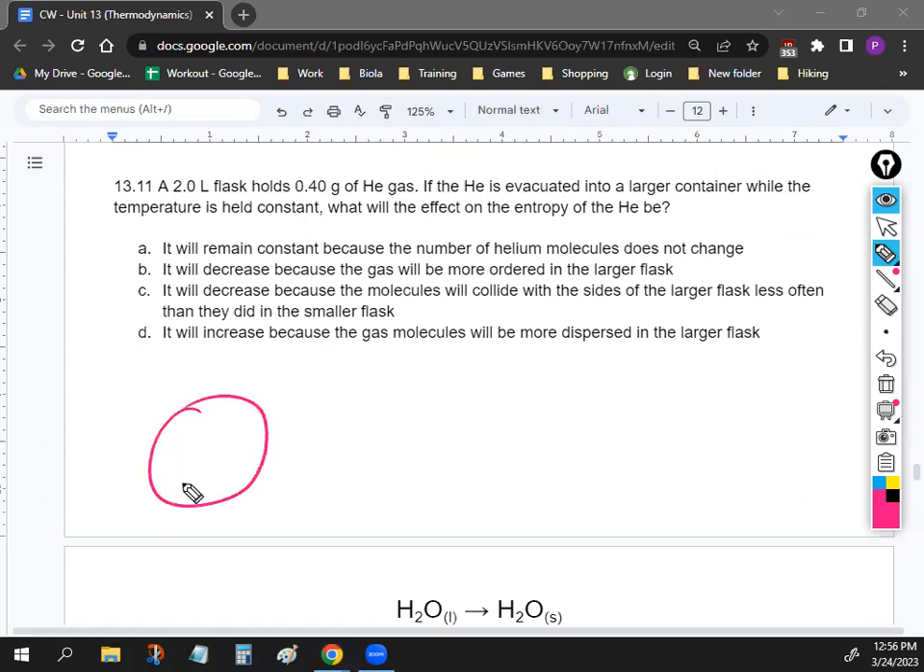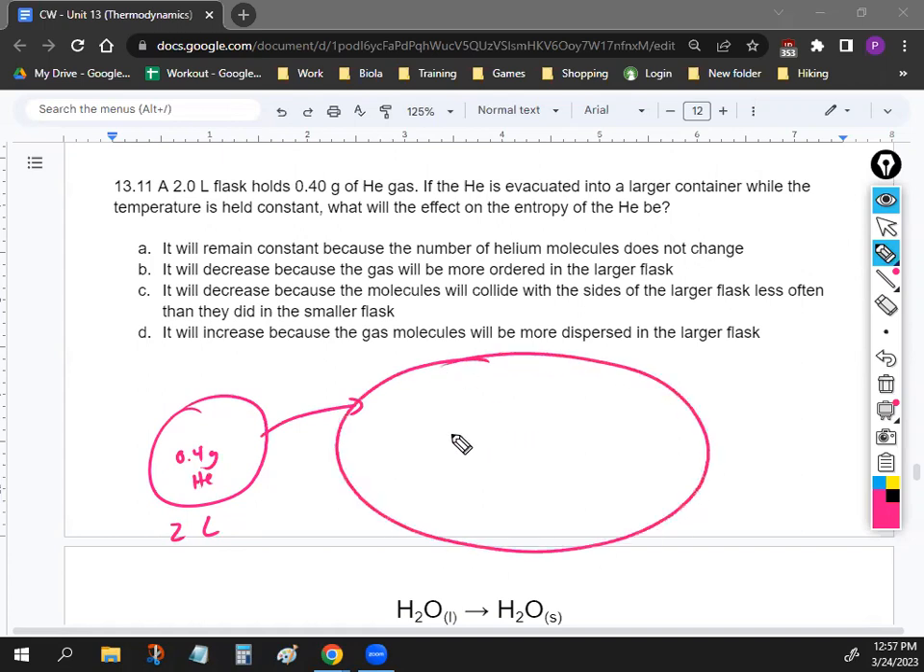All right, so we got a 2-liter flask that has some helium gas in it. So let's say this is a flask, 2 liters. You got 0.4 grams of helium in there. And then it is moved to another container, a larger container. Okay, and the temperature is held constant. So if we move the helium gas to the other container, you still have the same mass of helium gas, okay? Now, we're trying to figure out the effect on the entropy or the randomness, okay, on the helium gas,